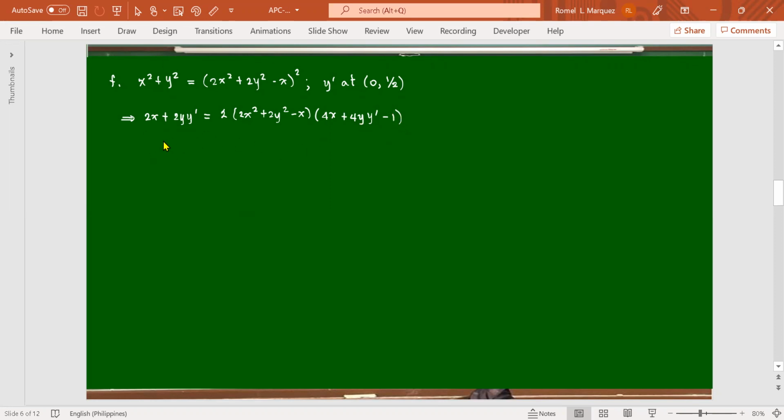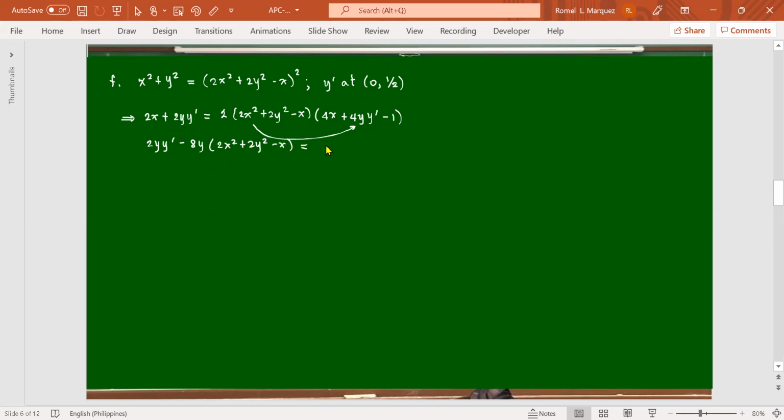So, those with y prime, 2y, y prime, together with this, no? This has y prime. If it is on the left, minus. Okay? Minus 8y times 2x squared plus 2y squared minus x equals,